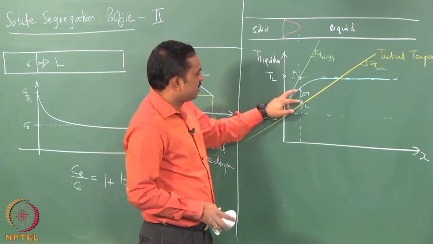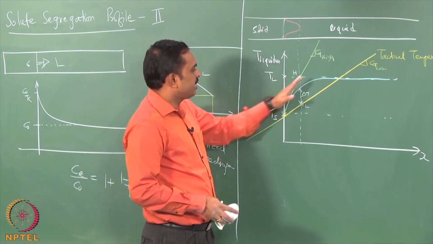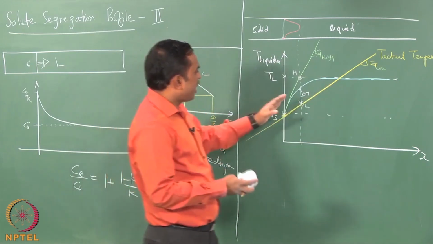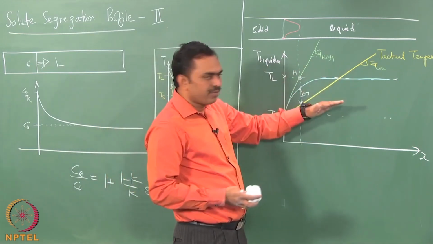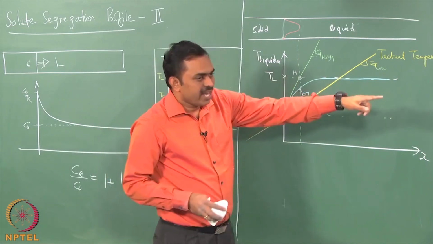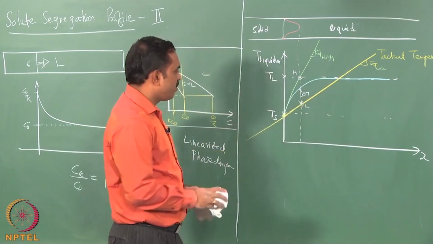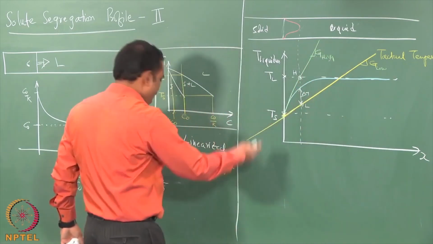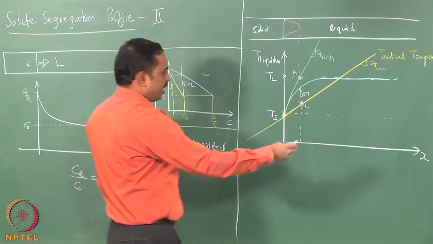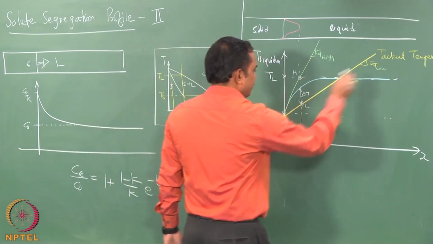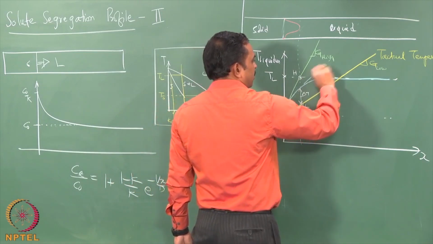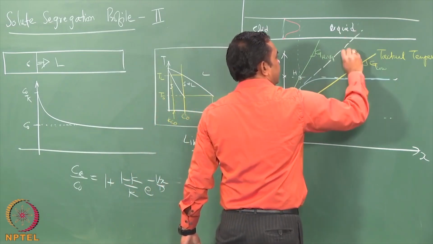Now, what governs this delta T and how can we see that changeover? The applied temperature gradient, is it good enough to give you the equiaxed microstructure or not? That can be known by seeing with respect to the tangent where we are. So, I would just draw the tangent in a dotted line. If this was a solute segregation profile, we can draw a tangent. This is a tangent,